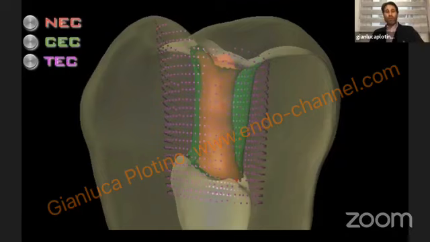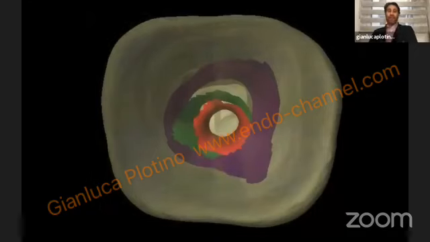We don't need to be ultra conservative, because the studies say that there is no difference passing from the red one to the green one in terms of fracture resistance of the teeth. So this is very, very important. But if we overextend our access cavities to the purple one, we can reduce the fracture strength. So we will maintain our access cavity as conservative as possible,